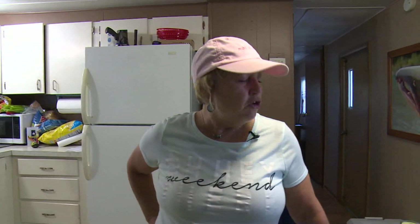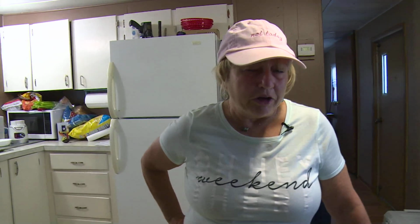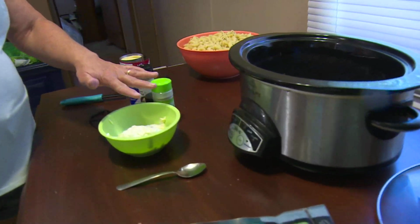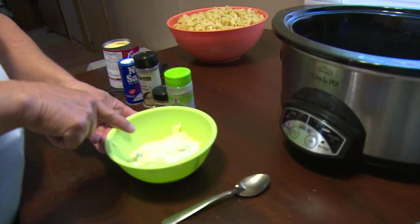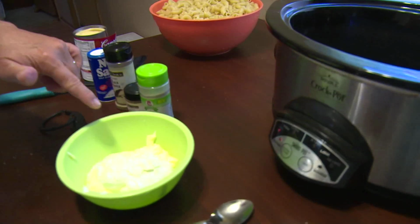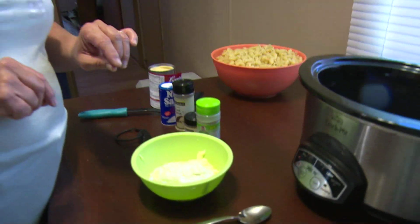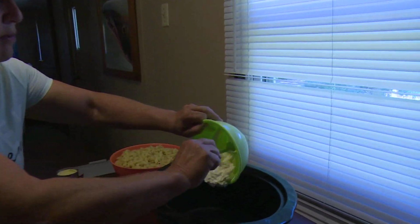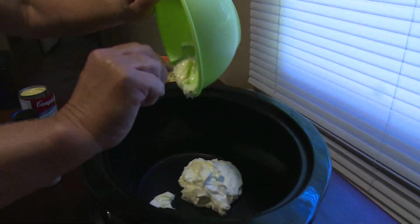It's so easy and you can crock pot it for 2 to 3 hours on low, come back in and it is really good. So basically what you do, and I've already put stuff in bowls, is half a cup of sour cream and half a cup of mayonnaise, and I use Duke's mayonnaise. Use real mayonnaise with it. Or if you don't want to use mayonnaise, you can use Greek yogurt as well. But I'm using mayonnaise. So we put the half a cup of mayonnaise and half a cup of sour cream